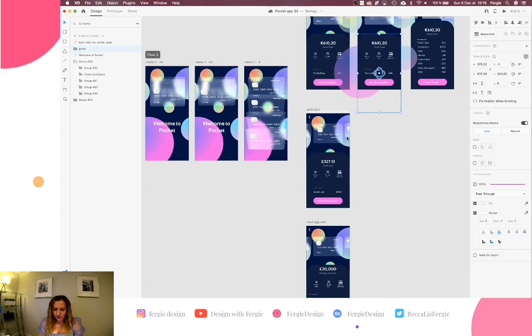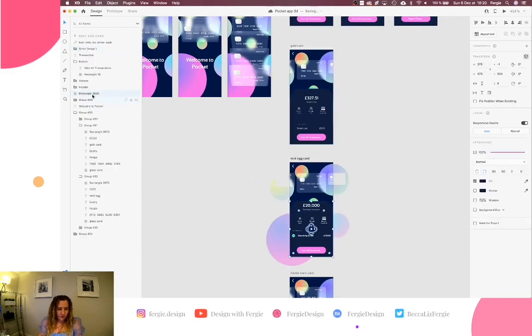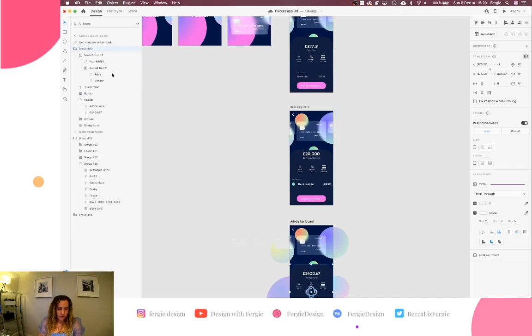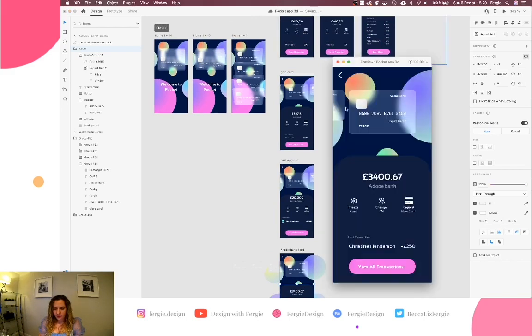Paste the name in there. Got to do it everywhere, so let's paste it in there. 3 more. 1, 2, and 3. So now when we swipe between our cards,